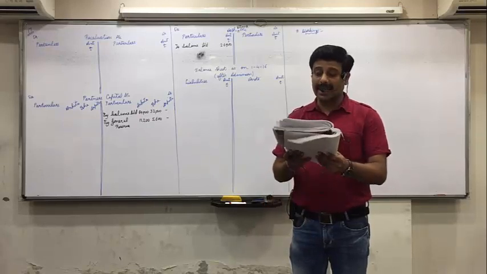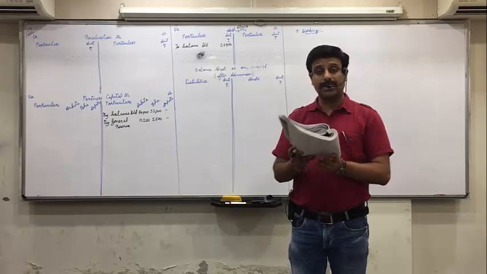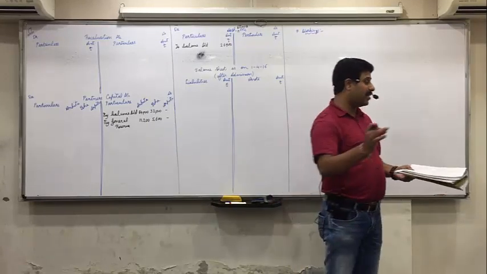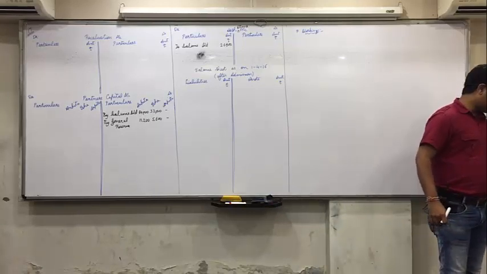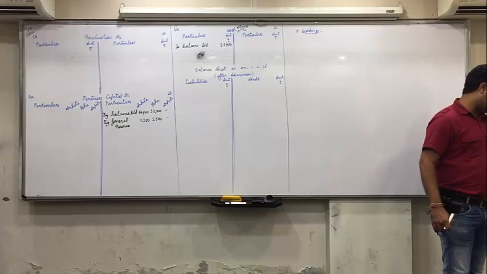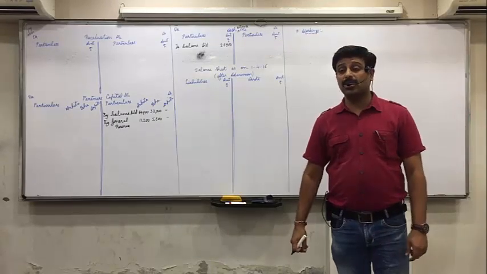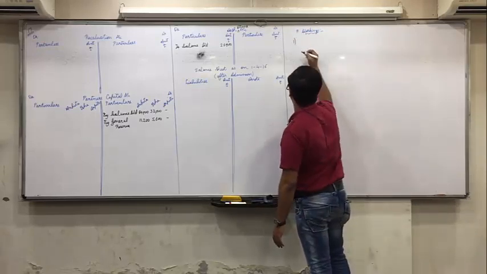They admitted Arpita as a new partner on 1/4/16 on the following conditions. Ankita sacrificed 1 by 12, underline the word from, her share. And Isha sacrificed 1 by 6, underline from her share in favor of Arpita. That is which situation? Second situation. So working note 1,